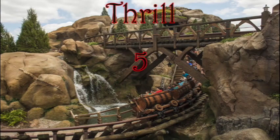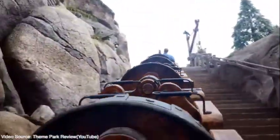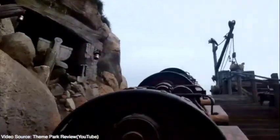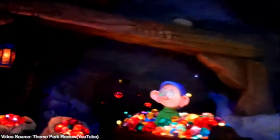Up next is immersion, and this is where I would just like to point out where I think the biggest flaw with this attraction is, and that it really doesn't know what it wants to be. It has the feel of a kiddie coaster, but also incorporates a very brief dark ride scene in the mine. While the animatronics are impressive, and of course the songs are classic, the whole feel of it still leaves a